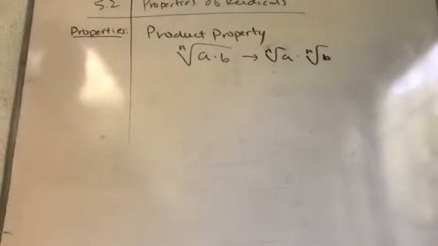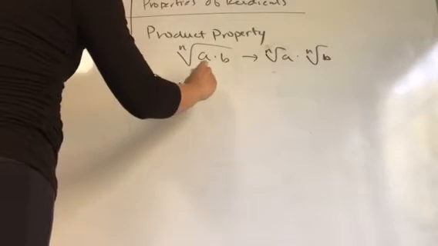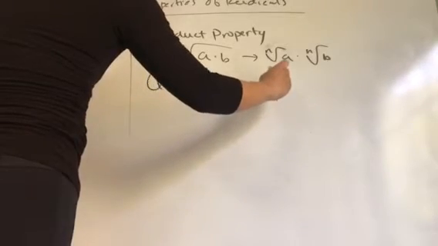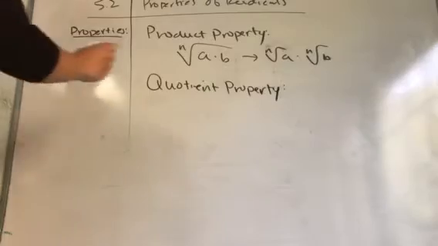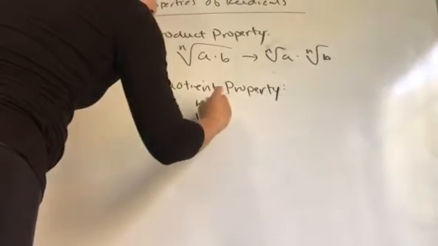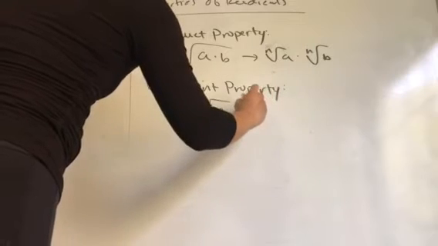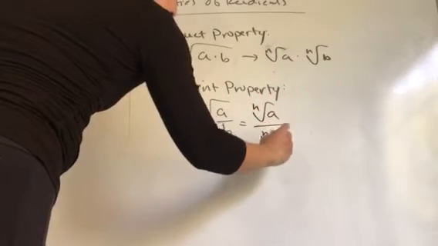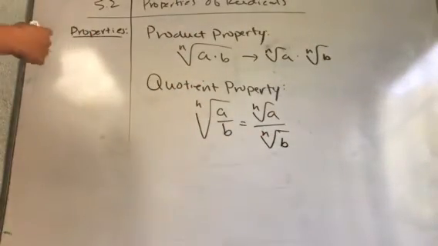Okay. And the second property that I'm going to share with you really quick is called the quotient property. I think you guys have already been using these in your homework. They're kind of like the inverse of some of the properties that we talked about in class. Okay, so the quotient property likewise says if you have the nth root of A over B, you can write them as separate radicals. So you can write that as the nth root of A over nth root of B. Okay. So I just wanted to list those out for you really quickly because you don't have those in your